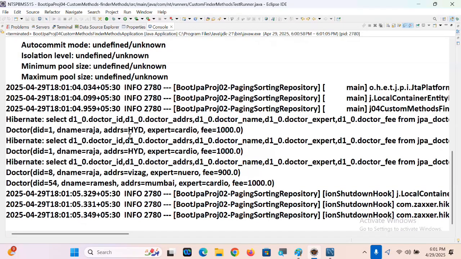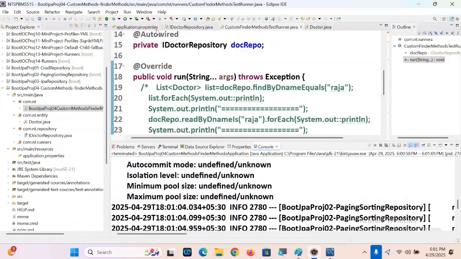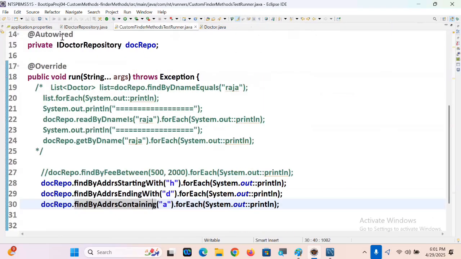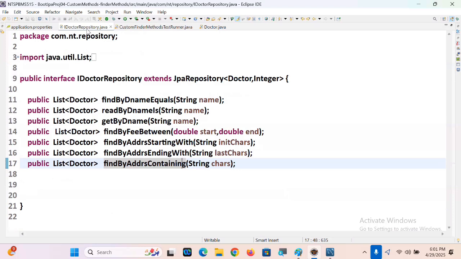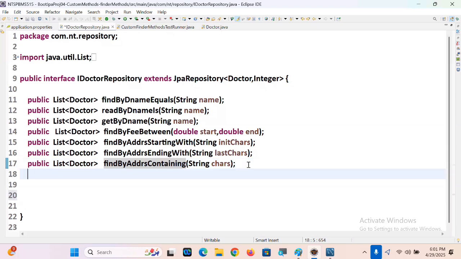Okay, but when more records are there, I can control the order. We can specify ascending order and descending order, boss. How to specify that? Check it out. We'll take some other condition where we'll get more records, and there I want to change the ascending and descending order of some property. Okay. Public list doctor